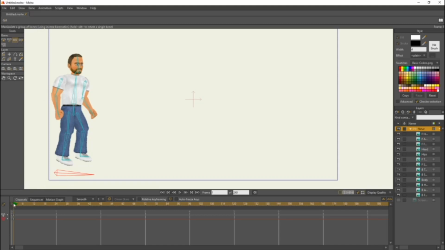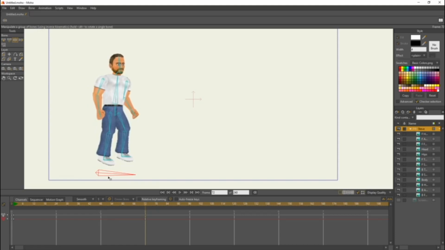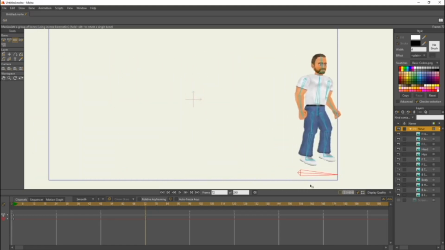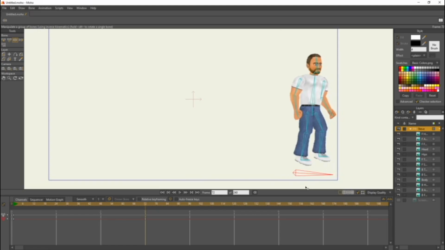So on frame 1, we want him to be on the left side of the screen. And let's say after 3 seconds. So down here at frame 72, you can see there's a 3. Make sure this is here. After 3 seconds, we want him to be all the way on the other side. So we're going to click this bottom bone, hold shift so it stays in the same line, and we want him to be here.